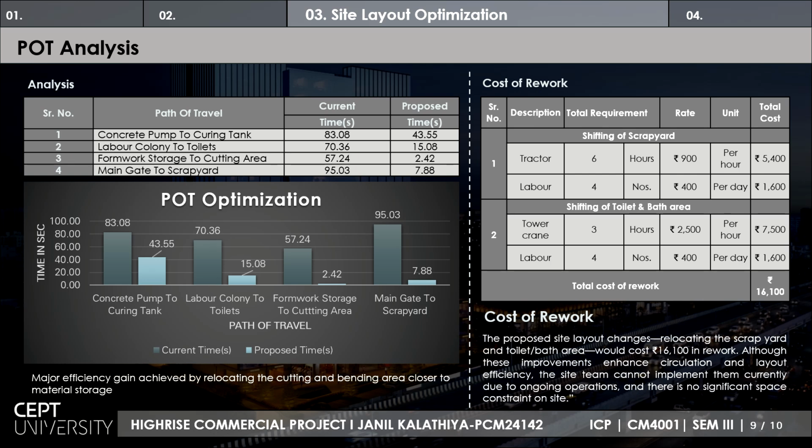So here is the path of travel analysis. Here the current and the proposed comparison has been given regarding the traveling time on the site. A major efficiency gain was achieved by relocating the cutting and bending area closer to the material storage, and also